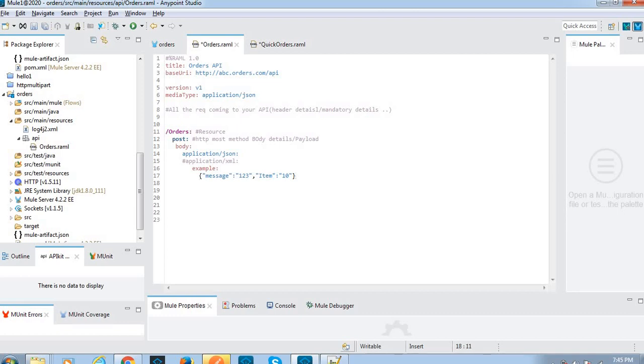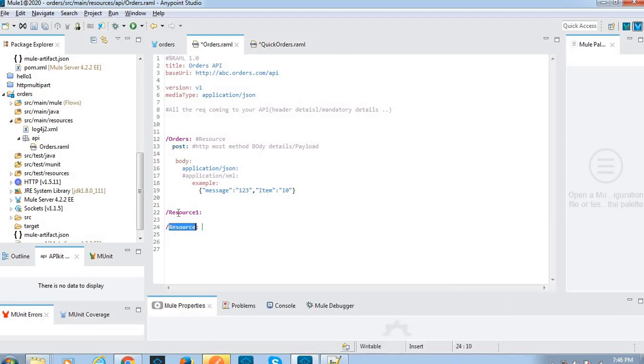And the important thing is we have to provide security for this method, the post method. How we will provide is, using directly here we can provide the security for this method. Instead of writing directly here, see, I want to implement another resource, resource 1 I have to implement. Again in future I want to add another resource, I will add resource 2. Like this I can add multiple resources here.